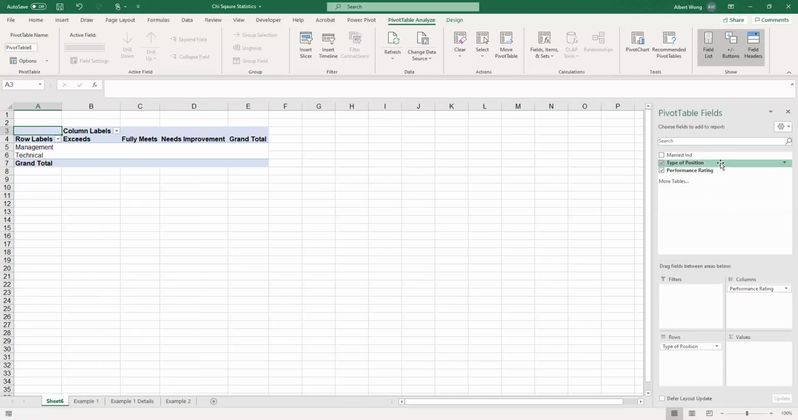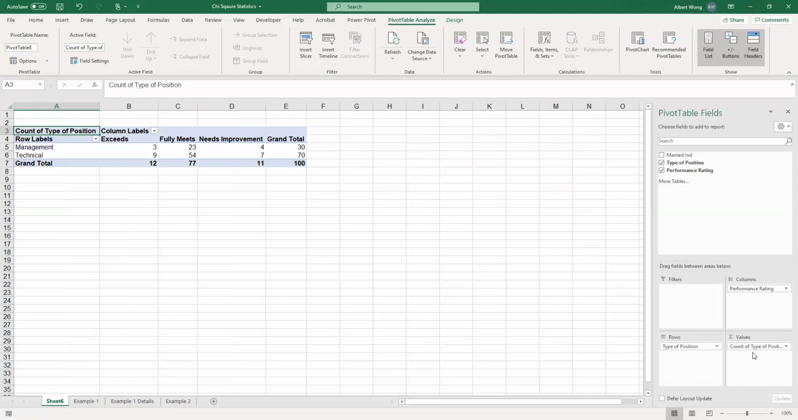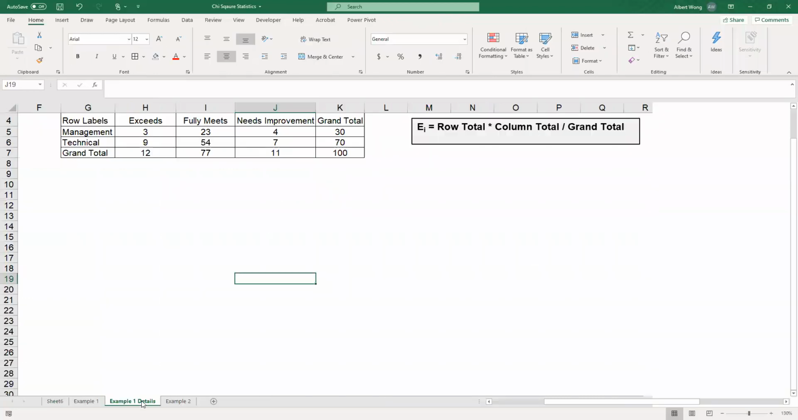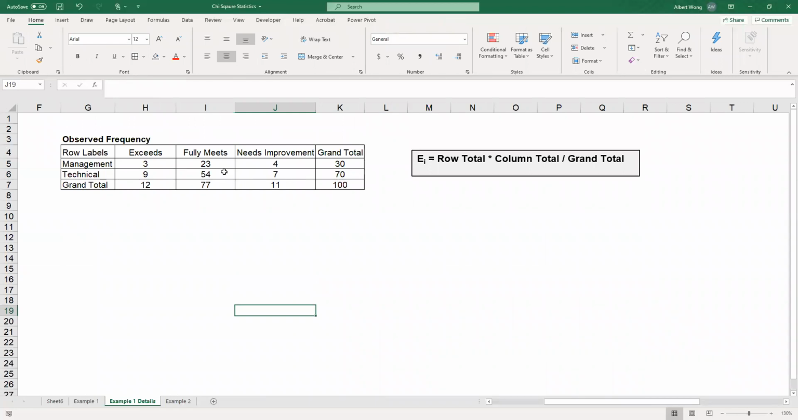And we can now drag type of position or performance rating under the value pane. And you can actually see that we now have the pivot table generated. The pivot table actually is in the format of a contingency table. And what we have to do is then copy this into an area that we can work with. I have actually done that here to make it a little bit easier. So I just basically take this table and copy it over here and make it look a little bit nicer, and I'm going to put the heading observed frequency